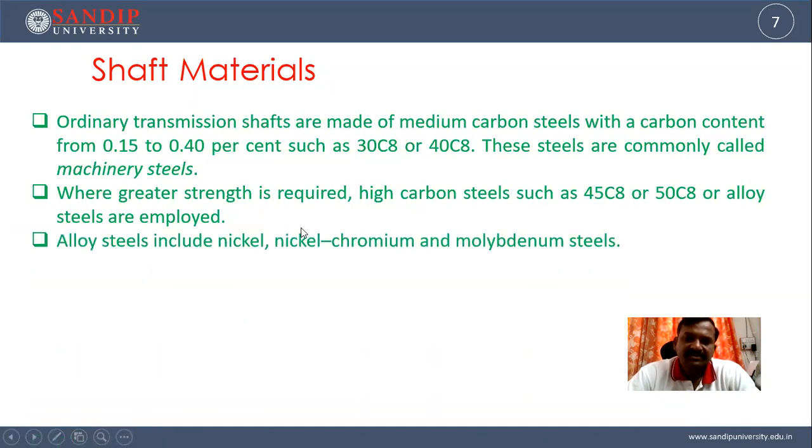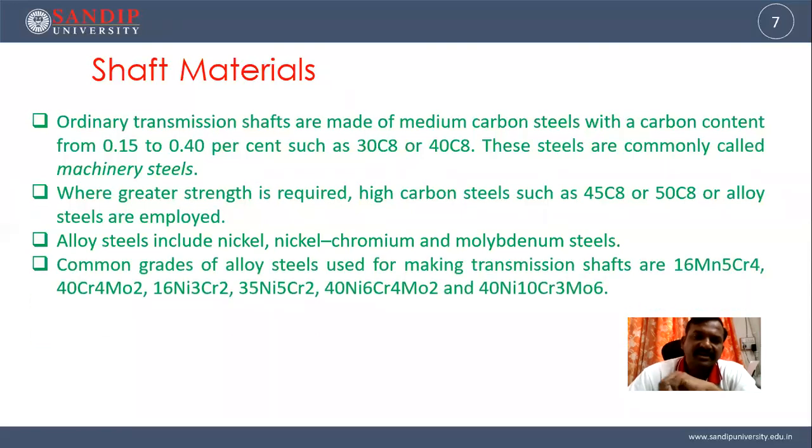So what are alloy steels? What does this include? Alloy steel includes nickel, chromium or molybdenum steel. Depending on the combination of these alloys and the percentage, the designations of the steel shaft will differ. Common grades of alloy steels used for making transmission shafts are 16Mn5Cr4. That gives you the percentage of molybdenum, that gives you the percentage of chromium and carbon. So this type of steel,